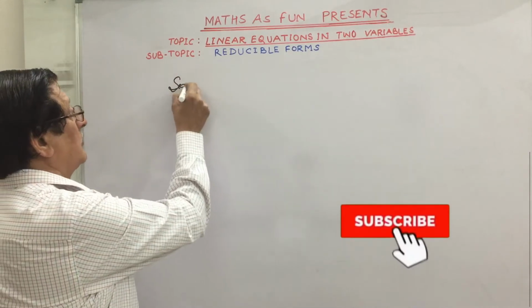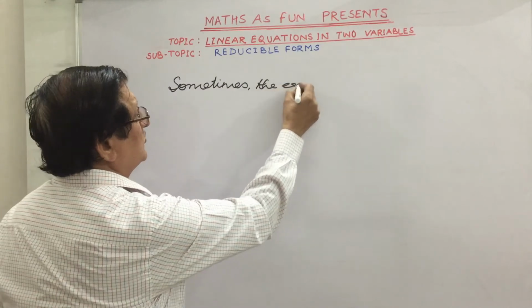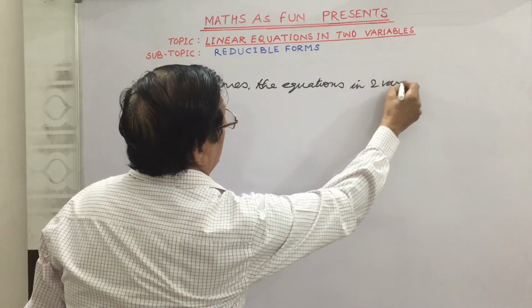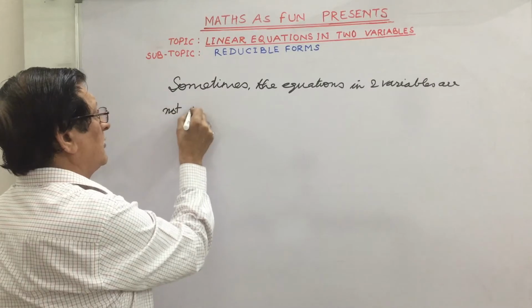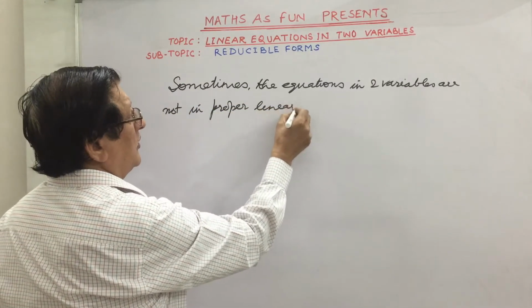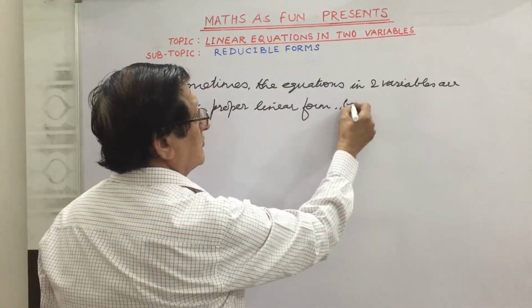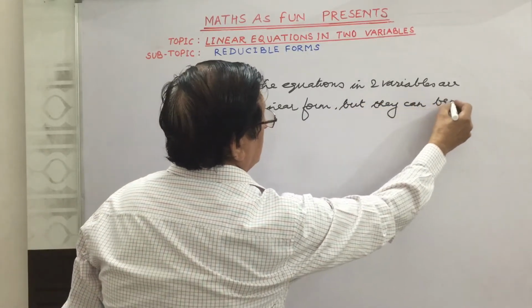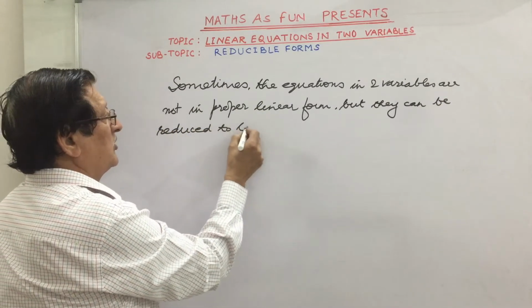Sometimes the equations in two variables are not in proper linear form, but they can be reduced to the linear form,